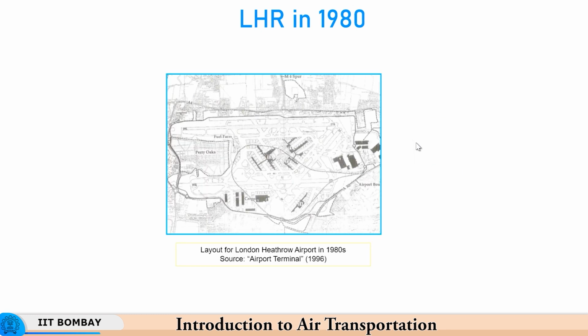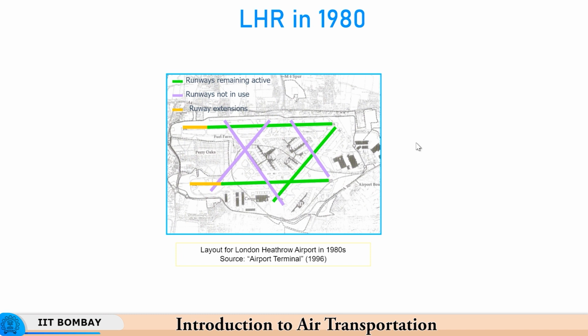Come 1980, and it was decided that only the 2 runways shown in green would be used, and the runways shown in purple, which are basically the crosses, would not be used. So, you can see that only 3 runways were going to be used in the 80s, and the 2 main runways were given an extension at one end, because it was possible. There was no possibility to extend it here because of the airport boundary, but here there was land available. So, there was an extension